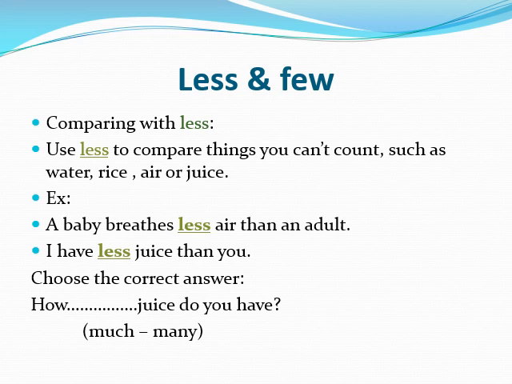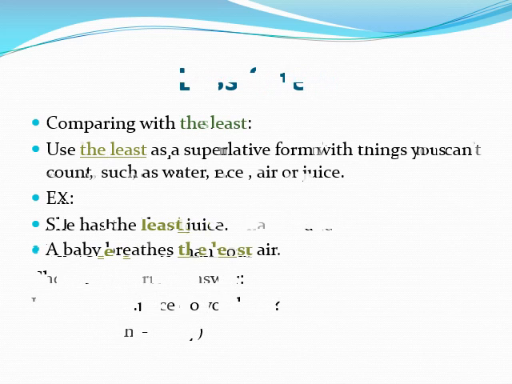Okay. Now, how to differentiate between the nouns that can be counted and that cannot be counted? Look at this question. What juice do you have? Yes, how many? Correct. Really? Is it correct, really? Of course not. How many? No. How much? Because juice cannot be counted. Very good. So we used how much.